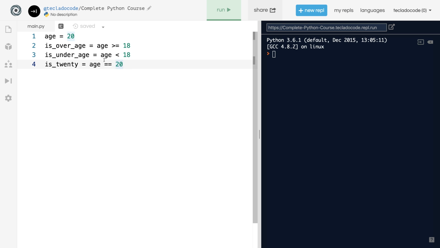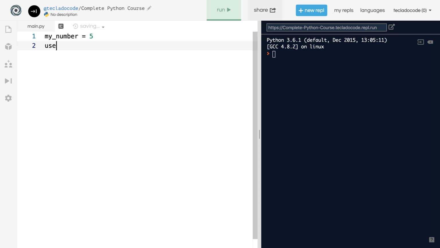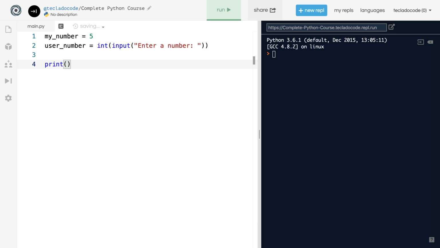Let's create a simple program that will ask the user for a number, and then we will tell them whether it matches our magic number. So we will have our number, which is 5, and then we will ask the user for a number, like that. And then we will say my number equal equal user number. So as long as they enter 5, this will be true,